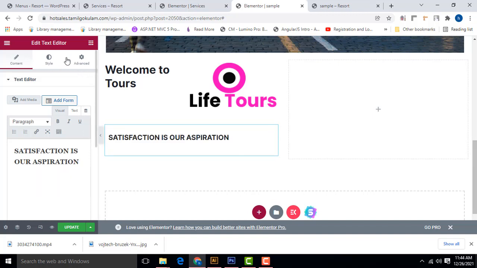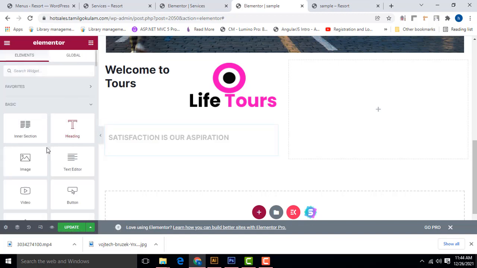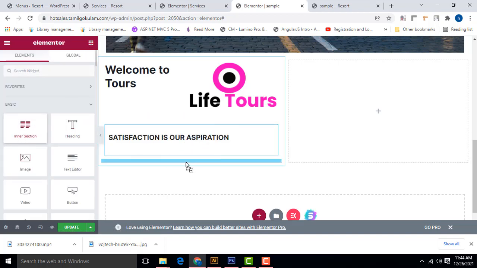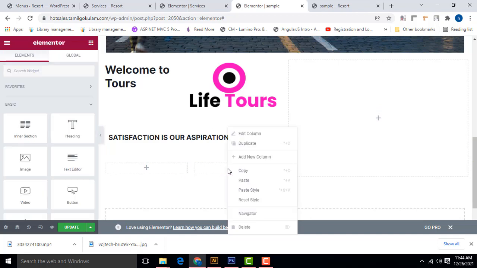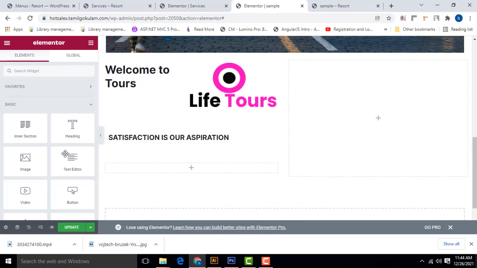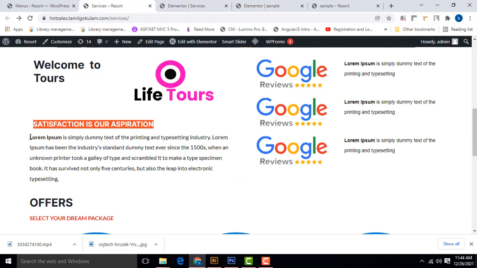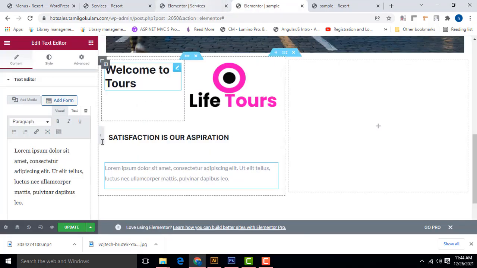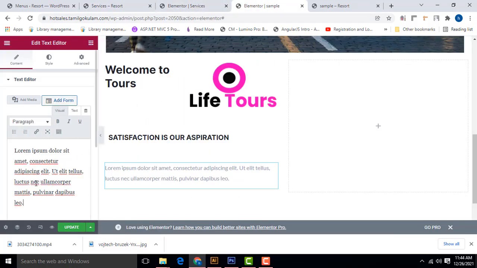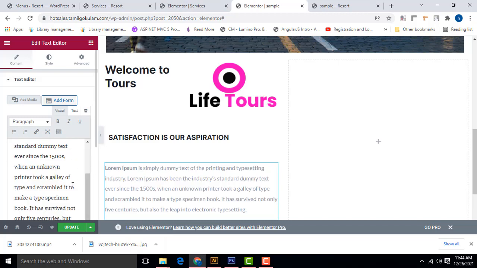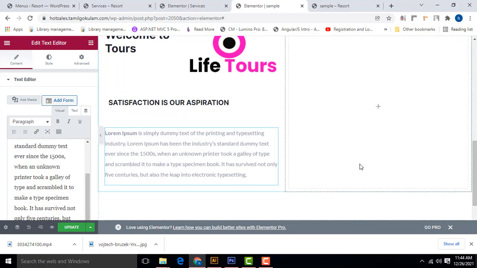After that, I am going to go here, drag another section. Right click and delete the one thing. Here I also got a paragraph. Here drag one paragraph. This dummy text I just copy and paste. Whatever you type, you have to type here. You can get it over here. That's perfect. You can check it.